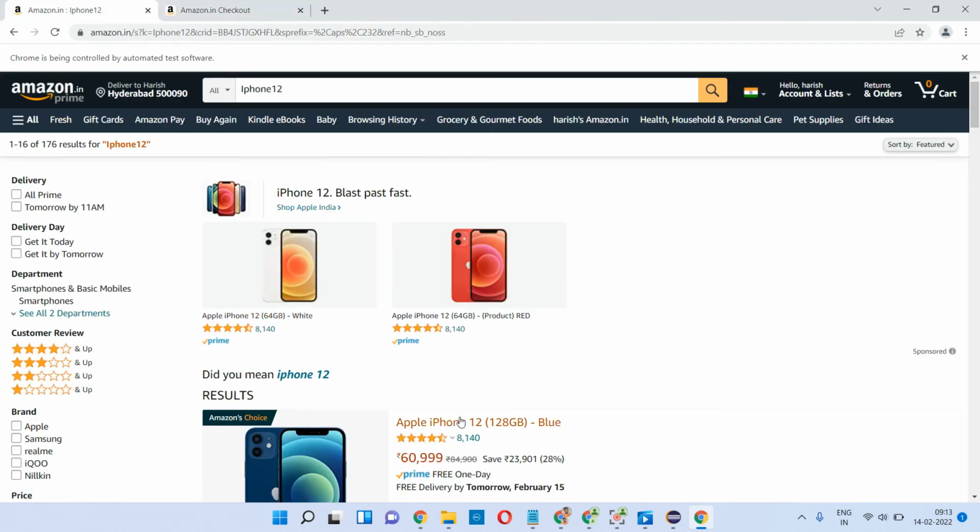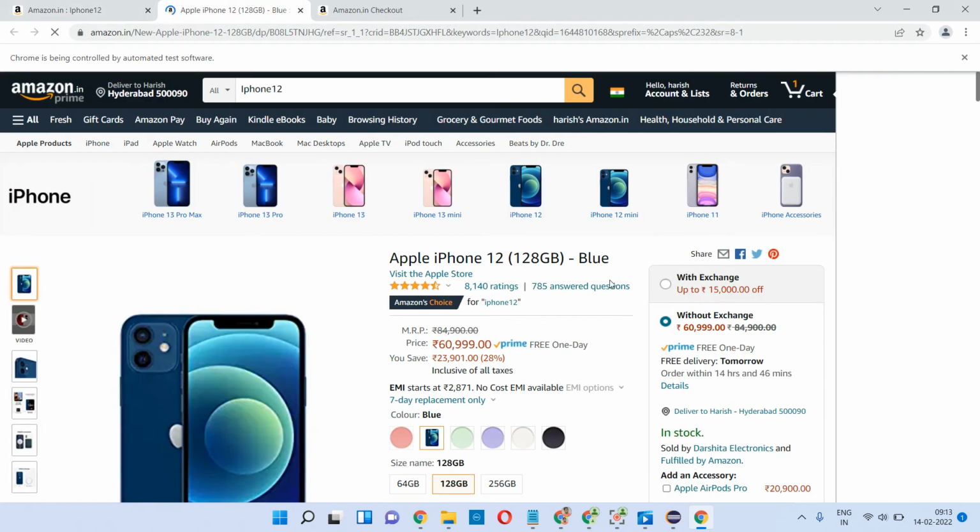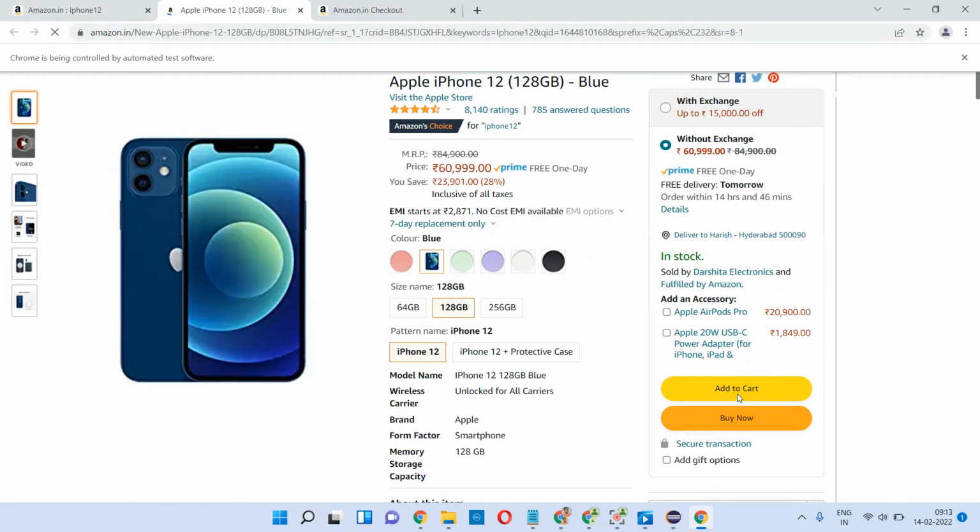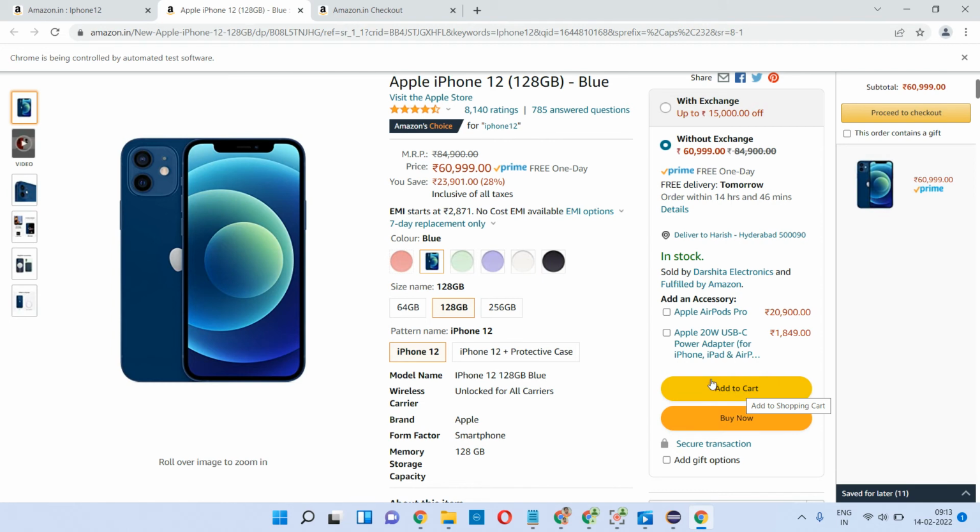But when I click on this particular link, it opens in a new window.